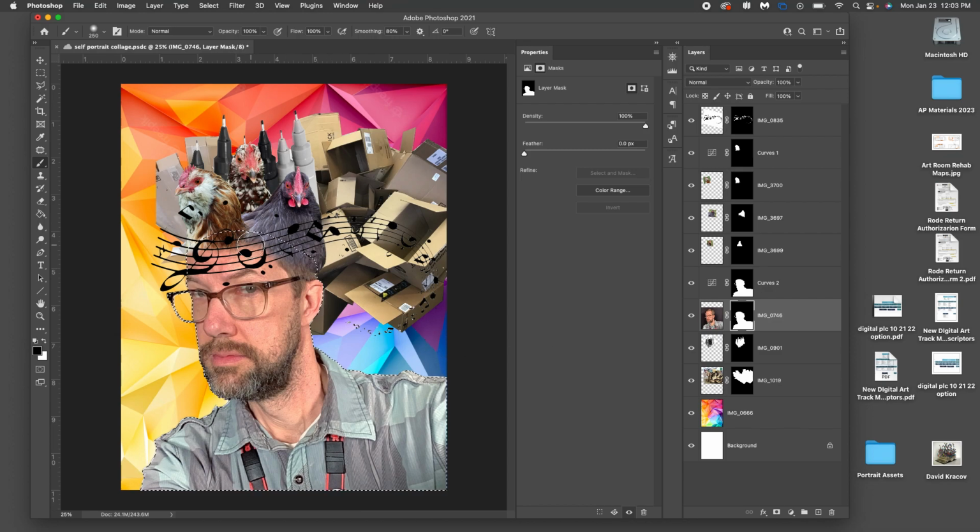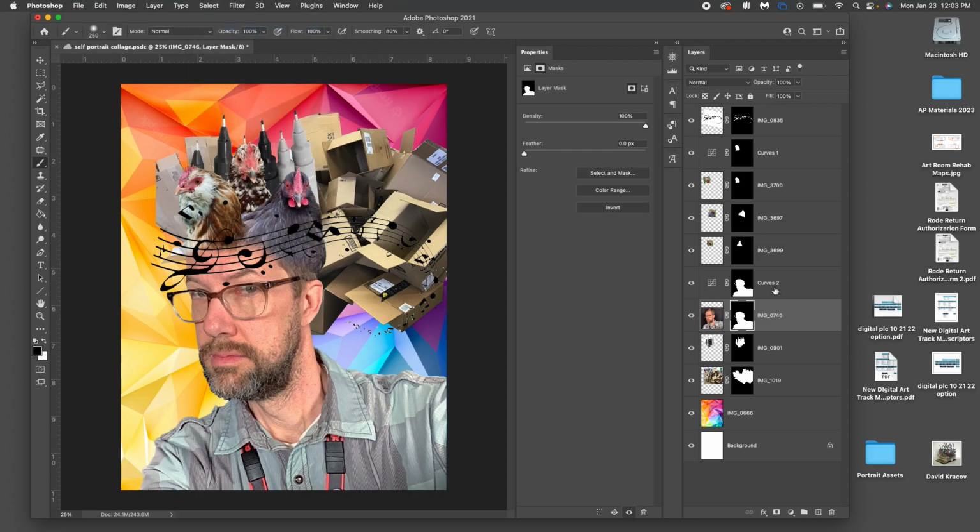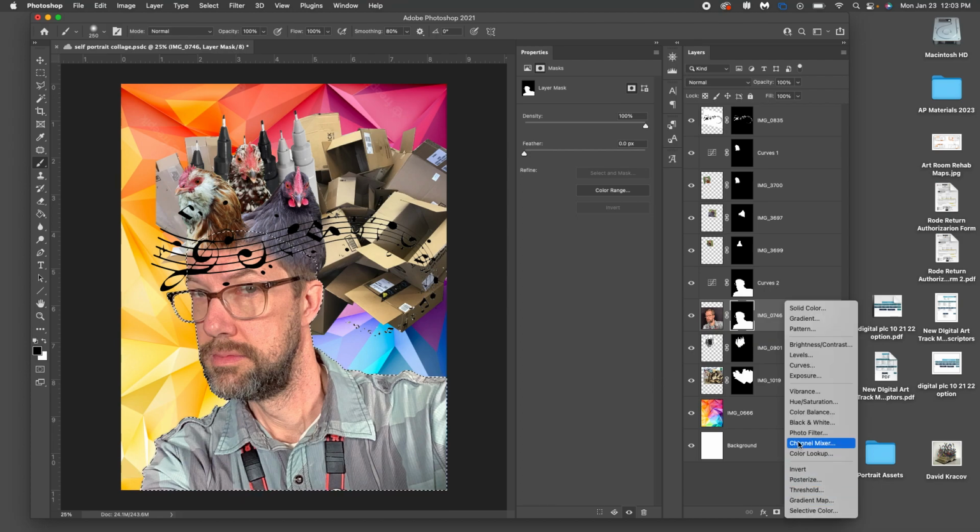And look at that. It already remembers the original layer mask that I put here, so I don't have to remake it. So it just activated that selection again. So all I did, let me go to Select, Deselect, or Command-D on my keyboard. I just went to the layer mask to the right of here, the one that I want to copy. I right-click on it. I say Add Mask to Selection. Selects it. So now when I go to the black and white cookie and I say Color Balance,